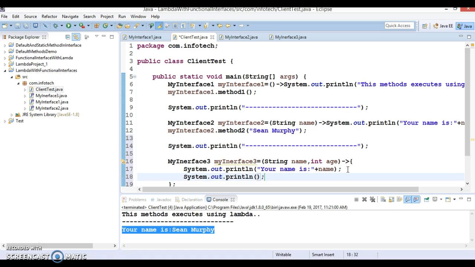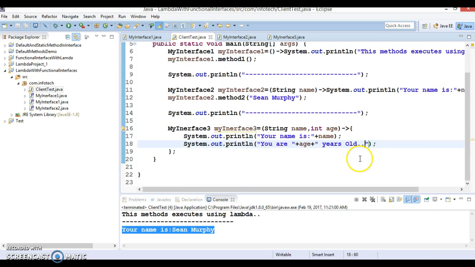And you can print his age as well. So you can say "you are", and his age, "years old".